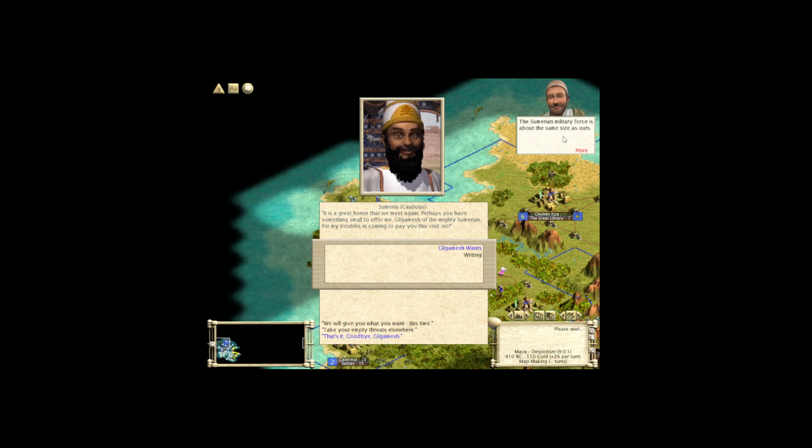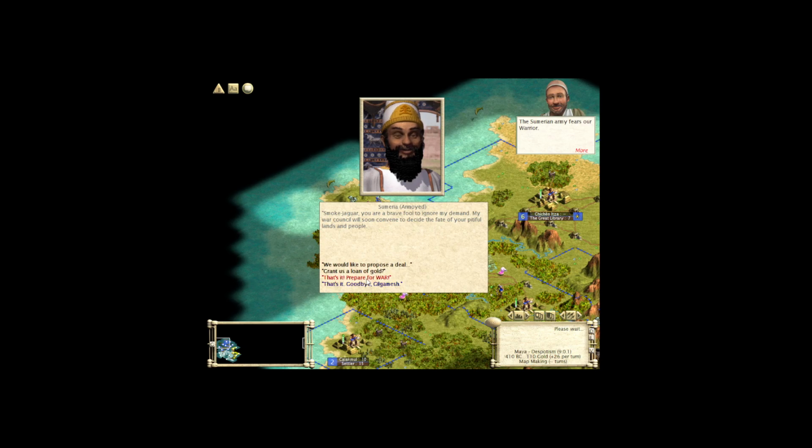Okay, this is the key. If we severely outnumbered them, it would be guaranteed. But since we were matched, we might be able to tell them to shove it. Yes, okay, and that's the key. So